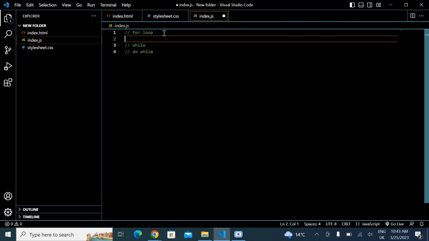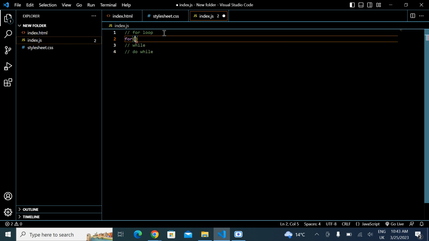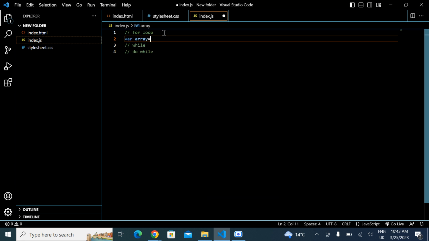A for loop, or any loop, is very important in JavaScript or any programming language. If you want to repeat anything consistently, you will use a for loop for that purpose. Let me start with an array first. Let's say I have an array here,